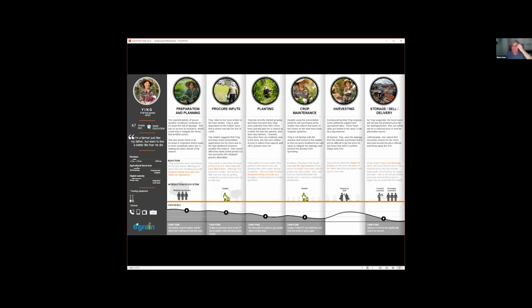The next thing is another lens. It's a bit the same, but we need to think about when do we want to interact with our clients, e.g. the farmers at the end of the day. And you have 6 stages here. It's before the planting, so when they prepare and they plan what to plant, how to plant, and these kinds of things. Then there is a phase of input procurement, potentially. Then the planting, the start of the season phase, the maintenance when the things are growing, harvesting, and then post-harvest, which includes storage and then selling. Each of these phases has different demands.